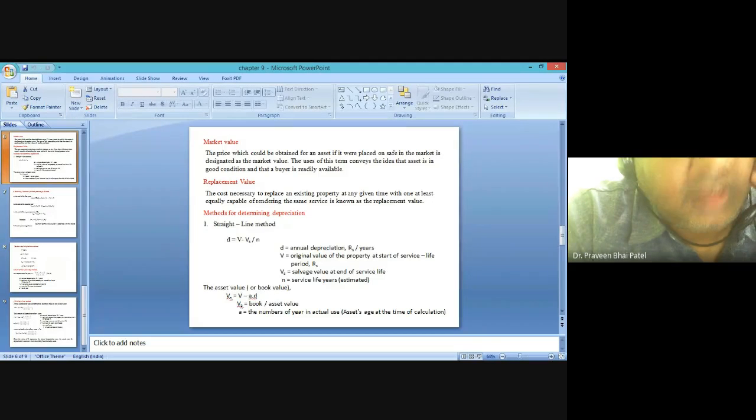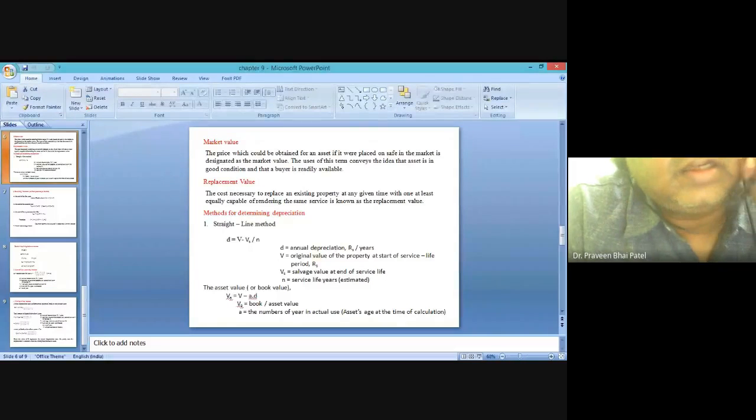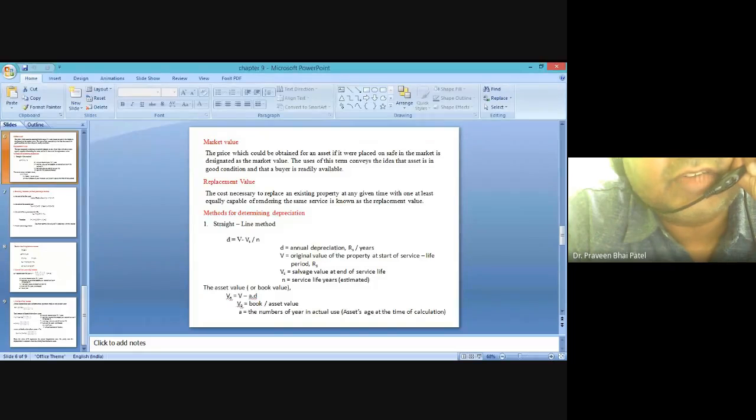So what is D? D is the annual depreciation in rupees per year. Depreciation, from the first lecture I am telling you, is always calculated on the basis of per year. So whatever per year depreciation in the value of rupees is done, that is denoted by D. V is the original value of the property at the start of the service life period. So whatever may be the cost when we have purchased it. Vs is the salvage value at the end